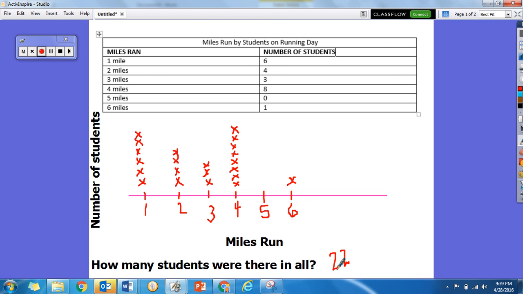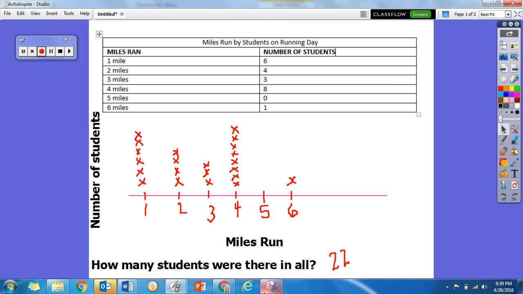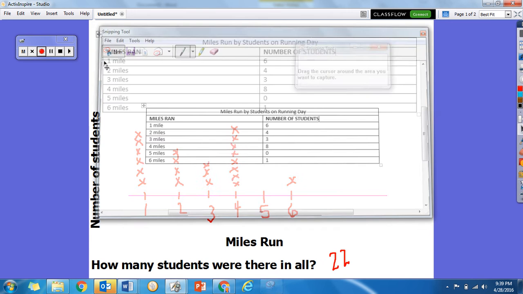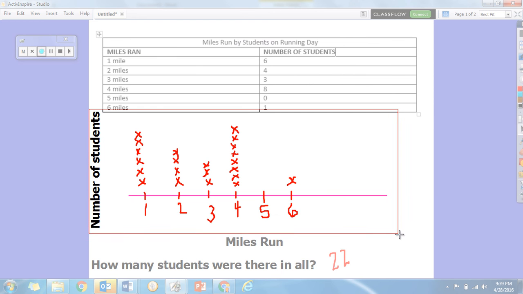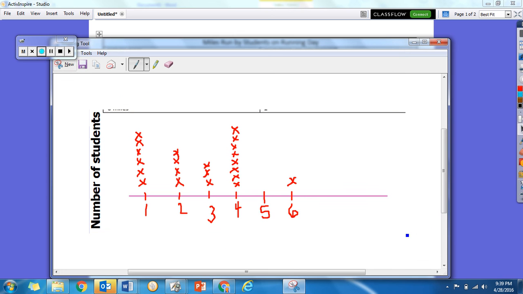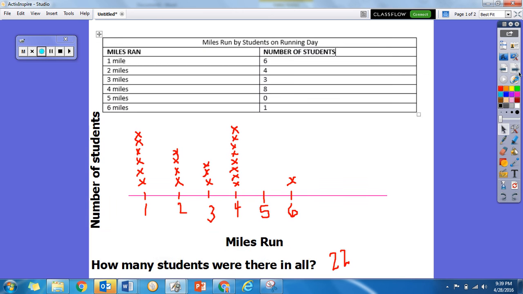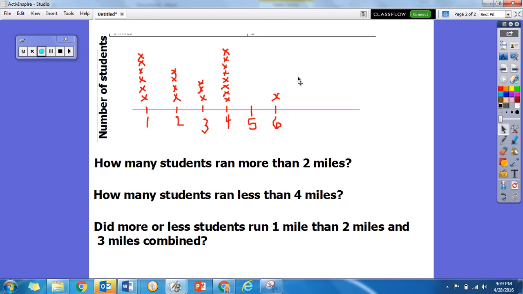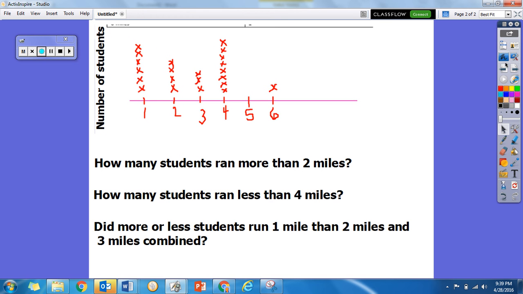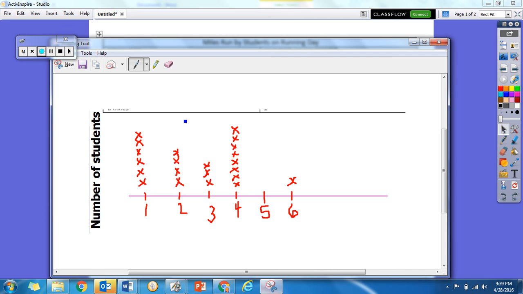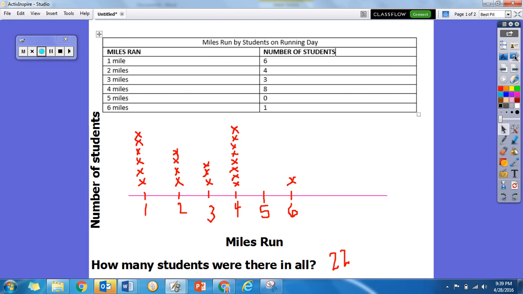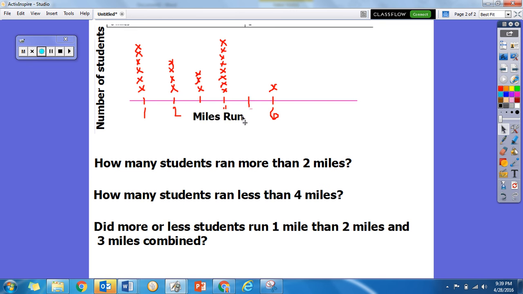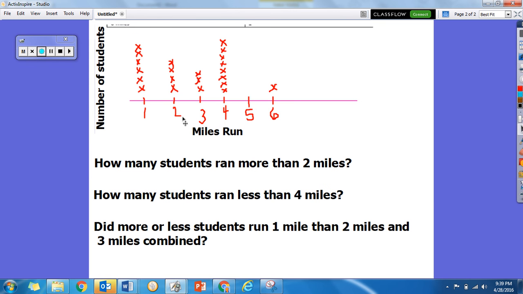Now what I'm going to do is take a little screenshot of our graph so I can bring it onto the next page so we can answer some questions together. You don't need to worry about doing this because you'll have your graph on your paper. So here is the graph that we made. Forgot our label down there, so let's go ahead and bring that over as well. Okay, so again, we have the miles run, 1, 2, 3, 4, 5, 6 miles, and the number of students